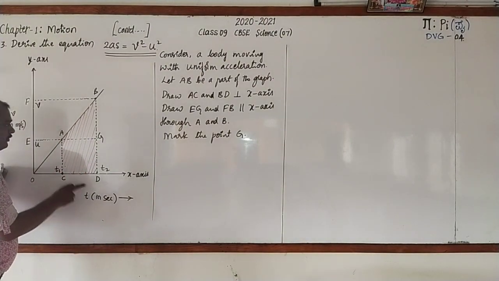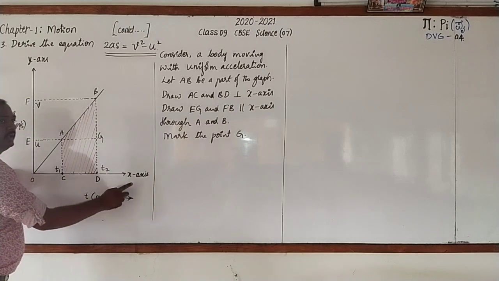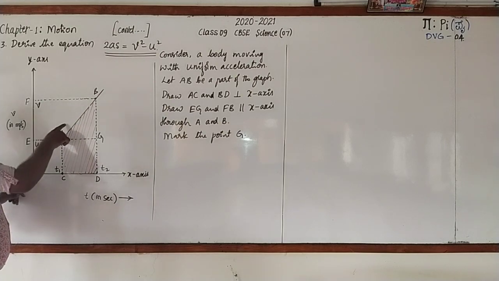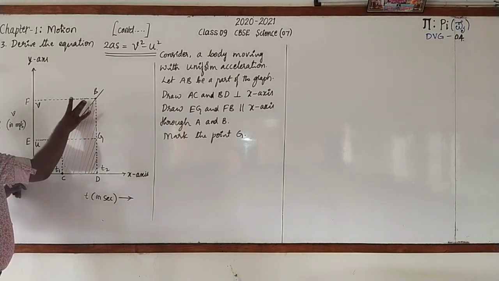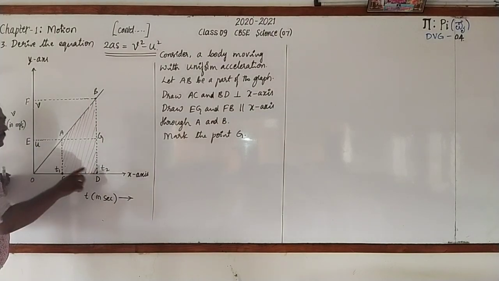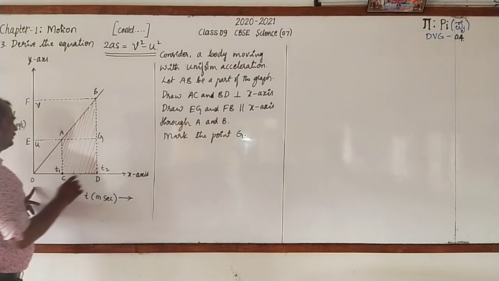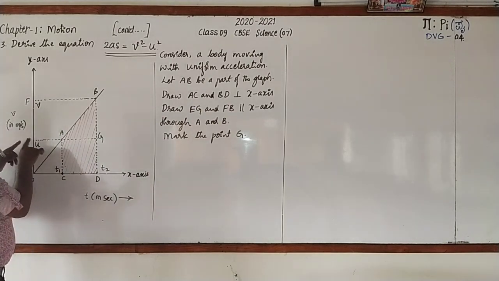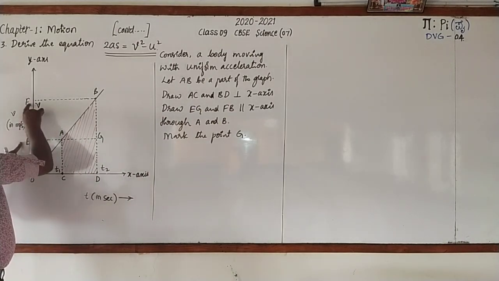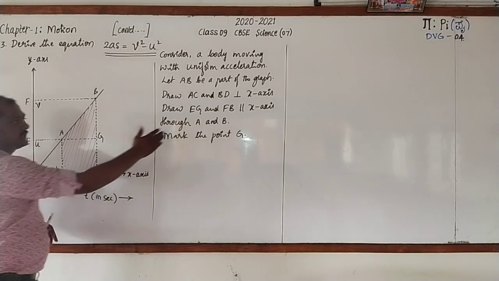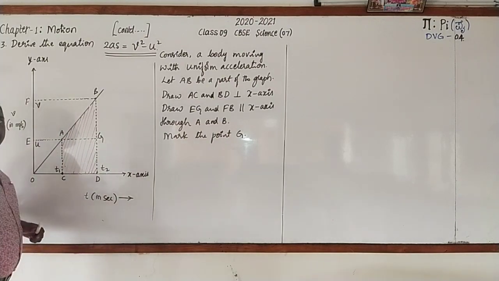So we have to draw this graph. Vt graph. Time is taken along x-axis and velocity is taken along y-axis. And this is the graph of uniform acceleration. I have taken a part of it. AB is a part of this graph. Then from points A and B, we have drawn the perpendiculars to the x-axis, and they have intersected the x-axis at points C and D. Next, we have drawn AG parallel to x-axis and FB parallel to x-axis through A and B respectively. That has also been marked. And here the point G is there.